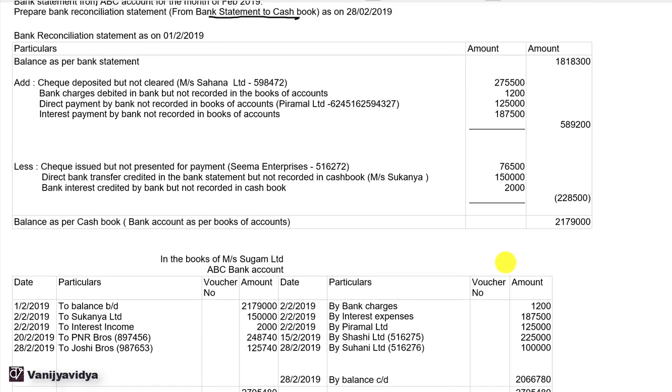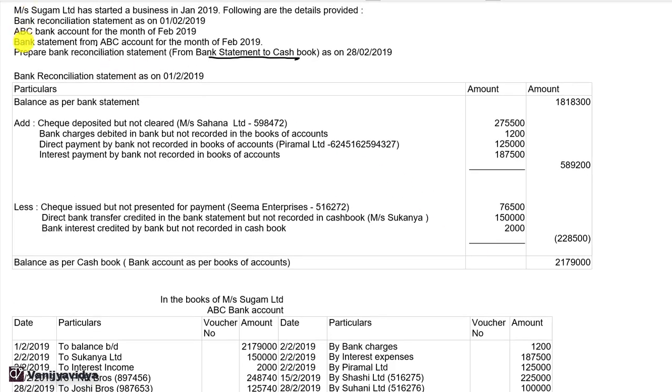Now since we are given bank reconciliation statement of the opening period, we have to verify if the unreconciled items of the bank reconciliation statement of the opening period are reconciled now. That is, either they are appearing in your books of accounts or your bank statement for the month of Feb. If they are still unreconciled, then those transactions will be the part of your bank reconciliation statement as on 20th Feb